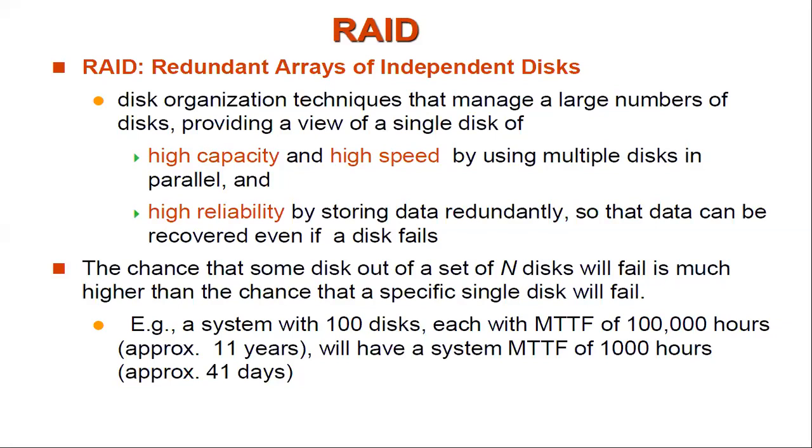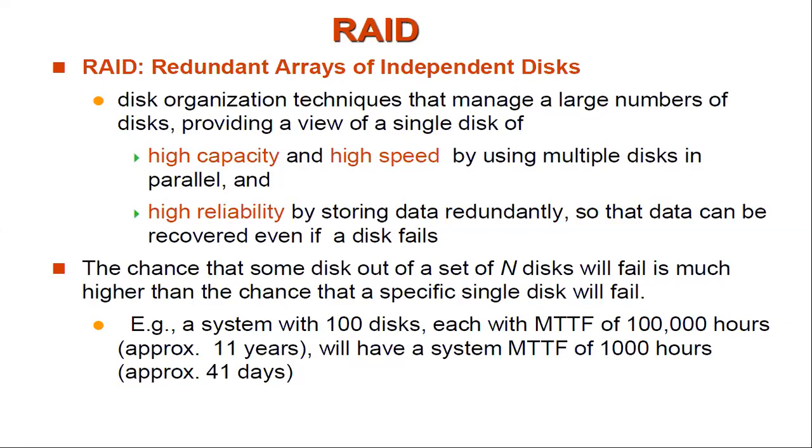When you look at the entire volume of the disks, it looks like a single disk. Physically, the RAID arrangement has many disks, but when you operate or process it, the entire range of disks looks logically like a single disk. It provides high capacity and high speed, so you can get both from RAID. We already spoke about how we get high capacity, because you accumulate more disks and so get more space.